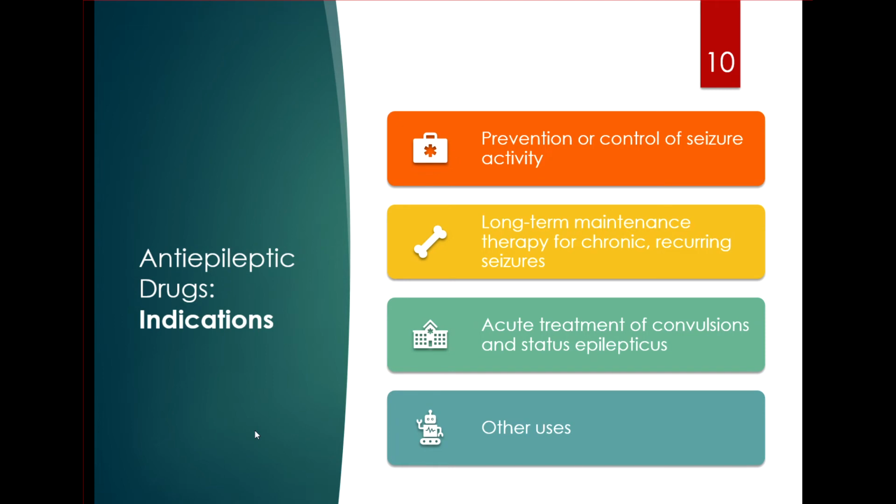And then other uses down there, my little robot guy, you will find out that things like gabapentin, remember GABA is one of those neurotransmitters in the brain that helps with transmission and relay between synapses in that synaptic area between neurons. Well, we can use gabapentin for neuropathic pain, specifically used quite a bit for peripheral neuropathy related to